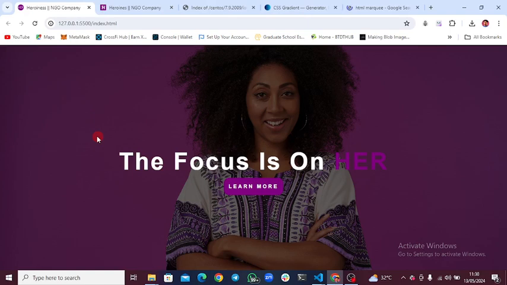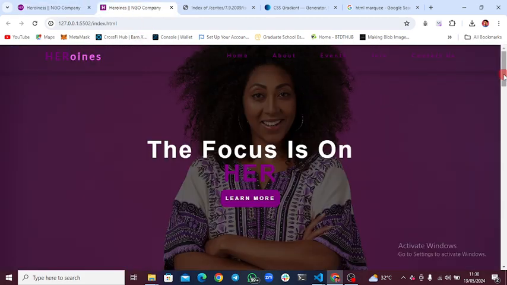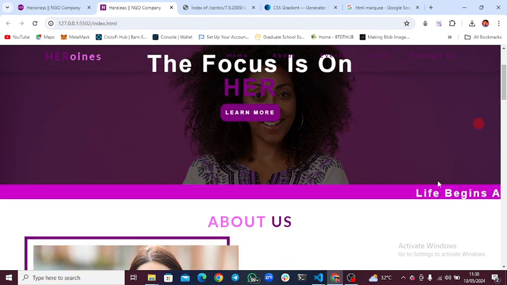Hi guys, welcome back. So in our previous class, we were able to design our hero section, this amazing hero section. So let's go back to our finished work and look at the next thing we are going to work on right now. Alright, in this finished work, as I scroll down, we can see that we have a